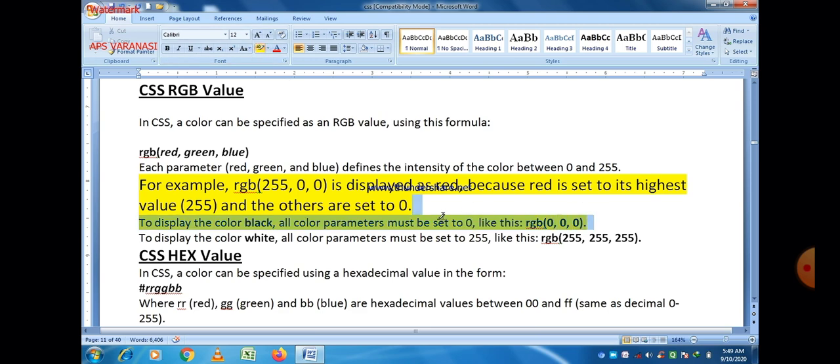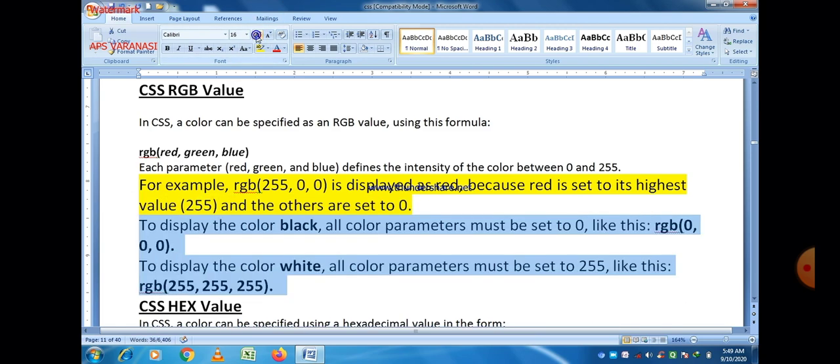So 255 is the maximum value of red. It means if we give the values of G and B as 0, that means the color is red. And if you give all the values 0, that means the color is black. And if you give all the values of RGB as 255, that means the color is white. And all other colors lie between these two colors, black and white.